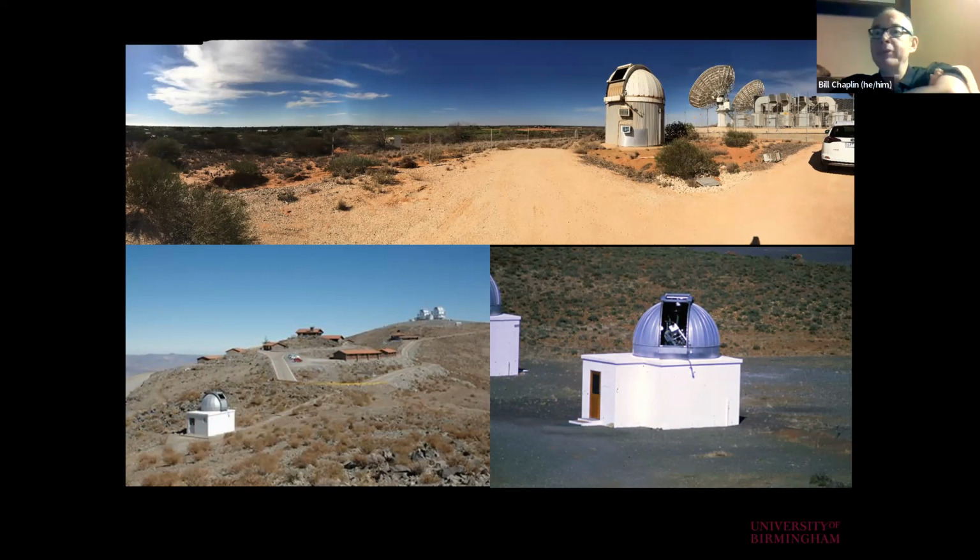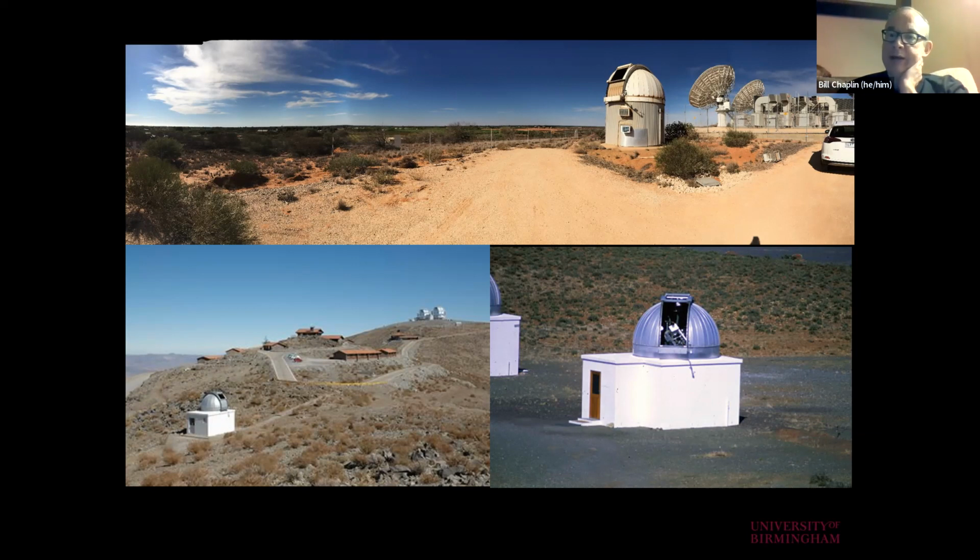This is an image of our station in Carnarvon in Western Australia, which was historically the site of a satellite tracking facility that was used during the Apollo program. Bottom left, we've got our site in the Andes Mountains in Chile, Las Campanas. And then bottom right is our site at the South African Astronomical Observatory in the Karoo Desert. Again, these are all automated telescopes that are providing, day in, day out, data on the disk-average Doppler velocity shift of the sun. And it's from those data that we measure the oscillations of the sun.